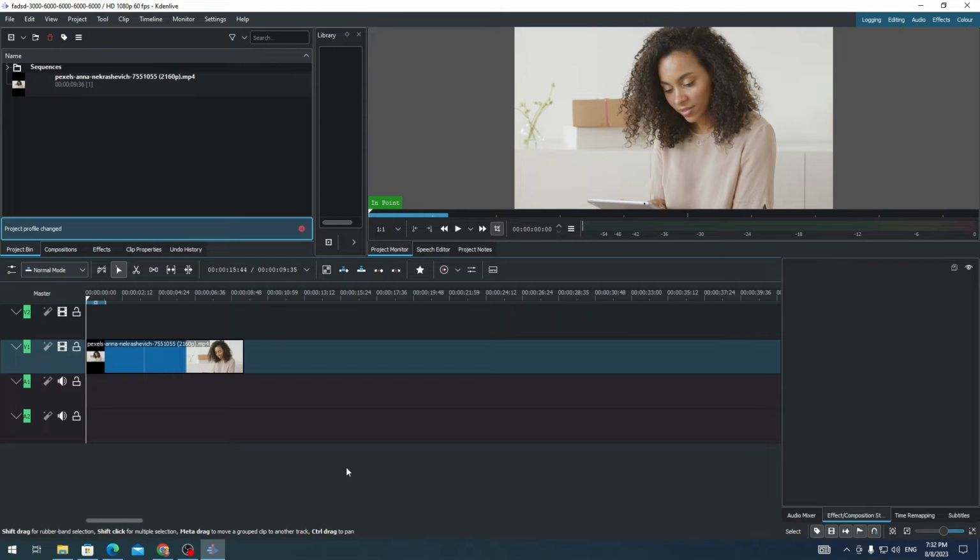Hi everyone, in this video I'm going to show you how to fix lag on Kdenlive. So if you ever have experienced a laggy playback on your Kdenlive, here's what you need to do. First, you just need to select your clip